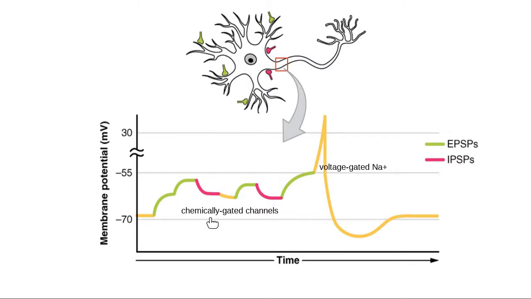For sodium, for potassium, and for chloride. As we're thinking about what makes my membrane charge go up, what generates these EPSPs, and what generates the IPSPs that make my membrane charge go down,